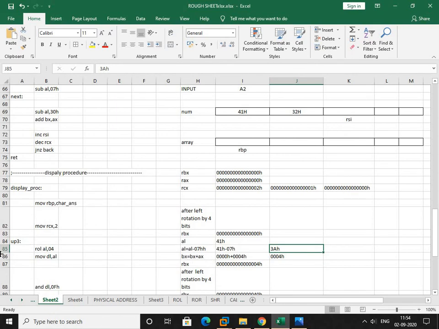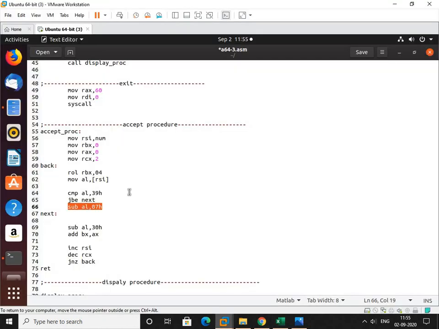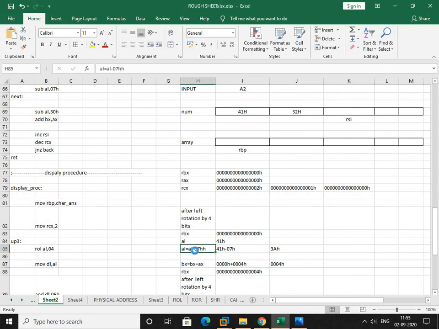Immediately after that, we see what is the next instruction after subtract AL comma 07H. It is subtract AL comma 30H. So again we will subtract 30H from the content of AL. Now what is the current content of AL?